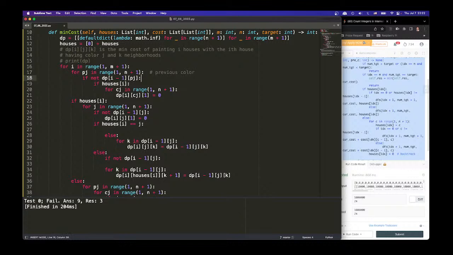And if previous color is no previous color, current is the first, right? So it's a current is the first, and then if current one houses[i],